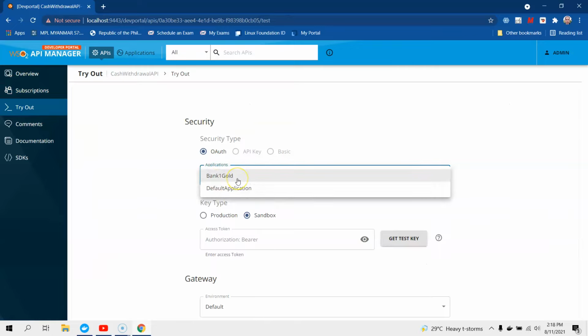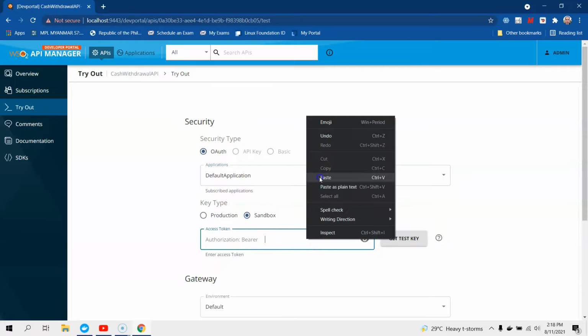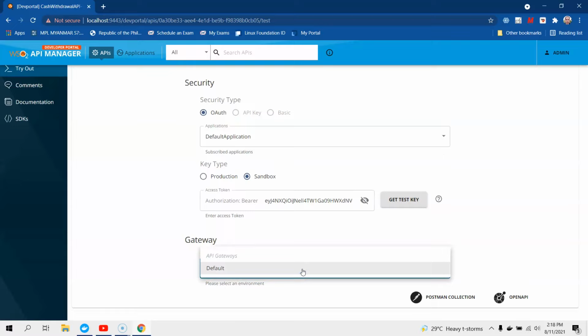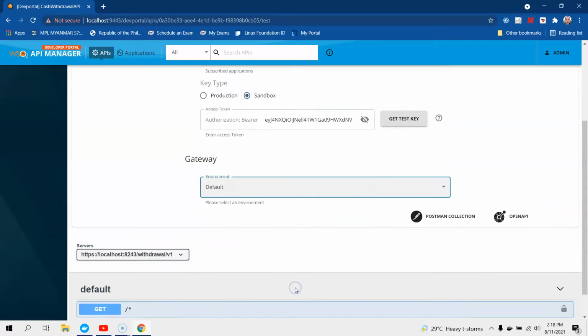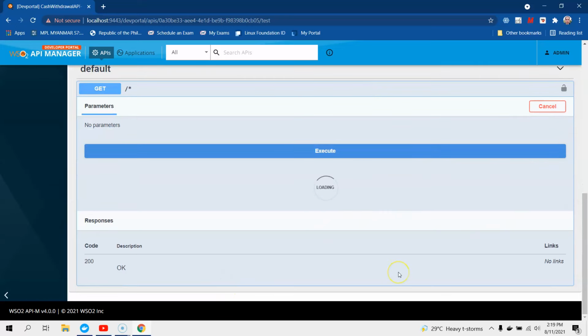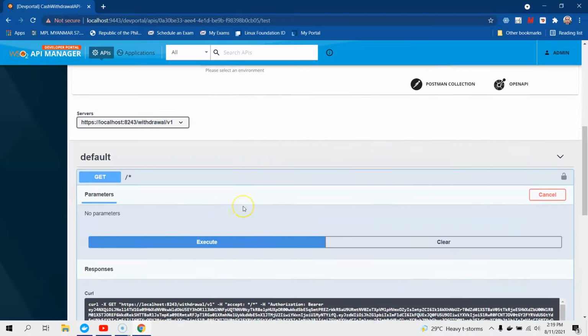Okay, I'm choosing bank 1 gold, and then I'm going to paste our default gateway. Then let us try it out. That is a success response. So we are able to get a 200 response and also success. Okay guys,